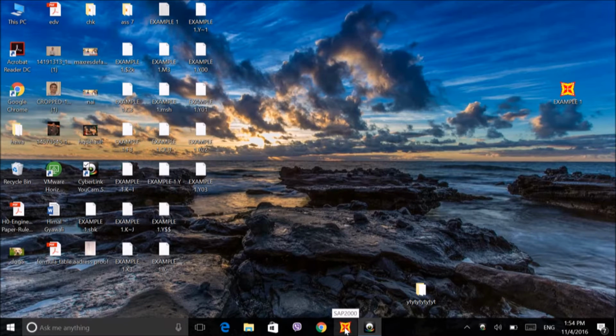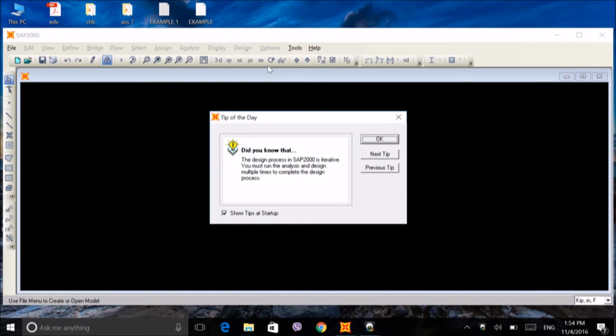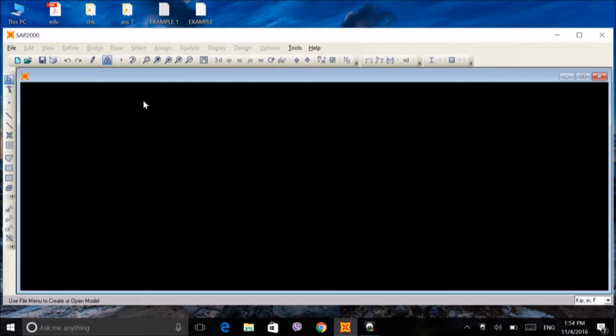We are going to model an indeterminate beam. As you see in the handout, an indeterminate beam of length 8 meters, with the help of SAP. And here we go. This is SAP 2000, and at the start it is giving you tips, doesn't matter. Okay, now the thing is we are given